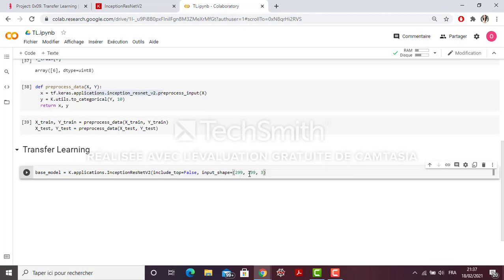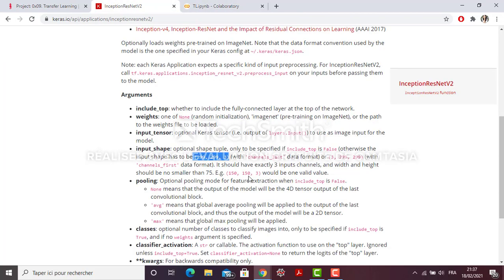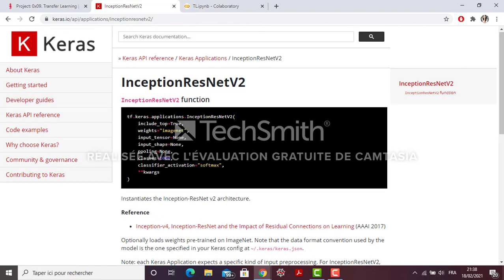To be honest, I tried 150, but I had a better result with this shape. In fact, what we mean by this is that, for example, this value would be one valid value, but less is not valid. In our case, we have 32 as the shape of the image, which is not valid, so we have to resize or rescale our images. After choosing the input shape, the pooling equals none.